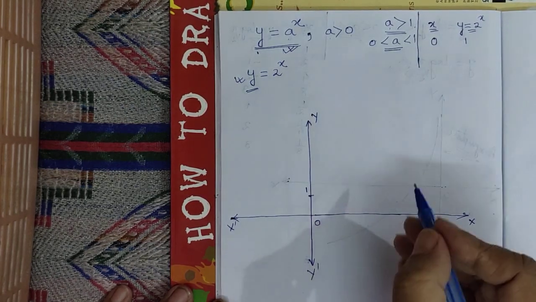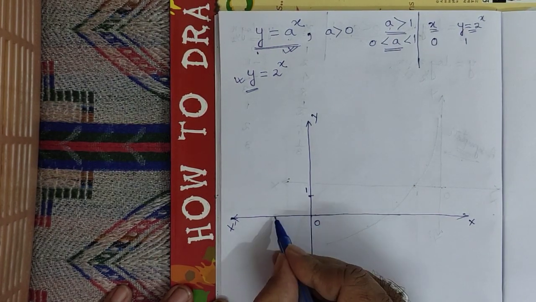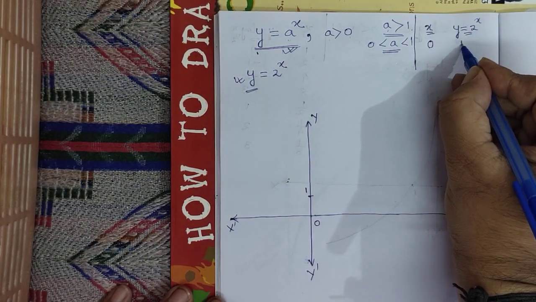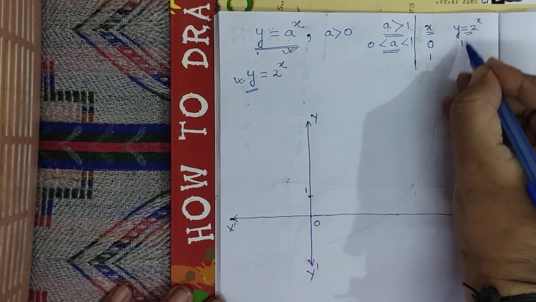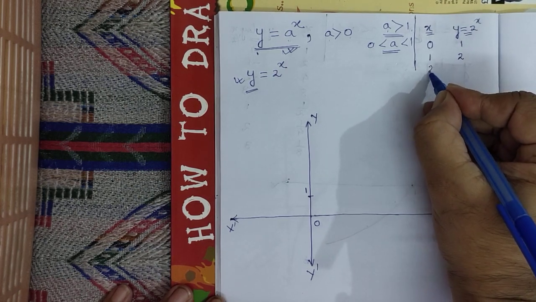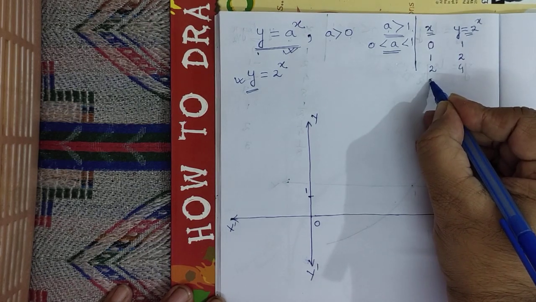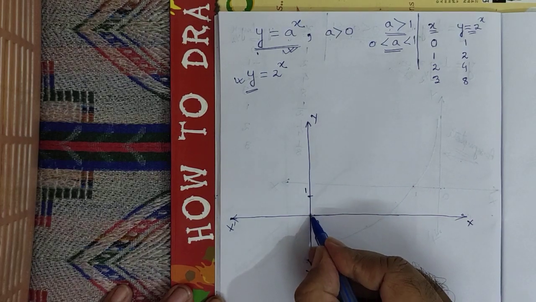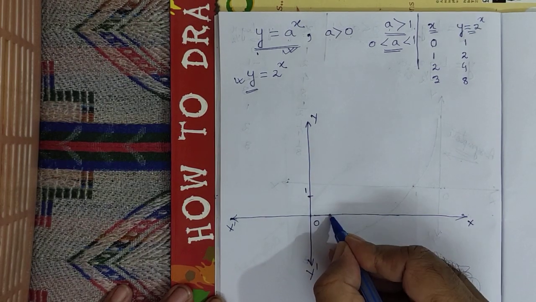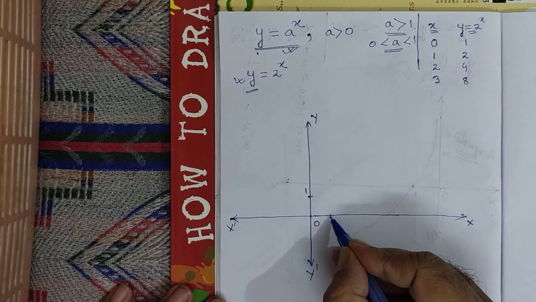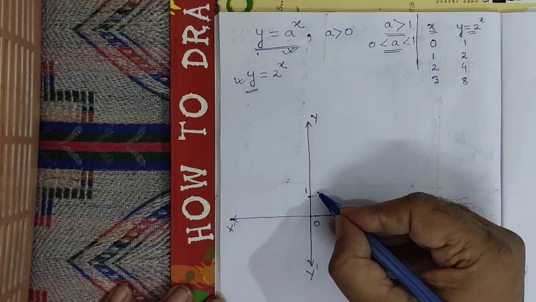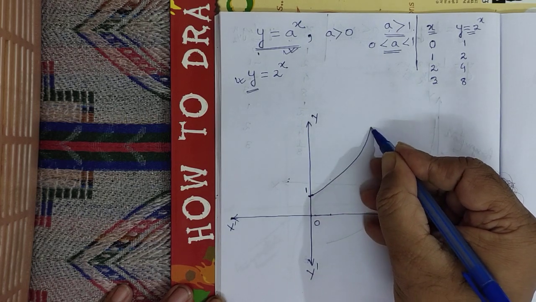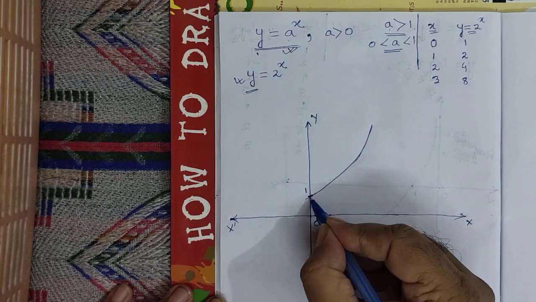In this case, I will be taking values more than 0 and less than 0 separately. Suppose I am taking the positive values. When x is 0, y is definitely 1. When x is 1, y will be 2. When you take 2, it would be 4. When you take 3, it will be 8. See here, at 0 it is 1. The moment you take 2, the value goes higher, it's 4. The moment you take 3, the value goes yet higher. So this way, when x is positive, the graph takes this trend.